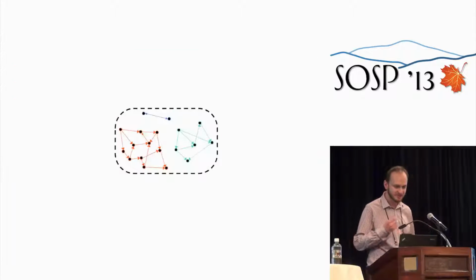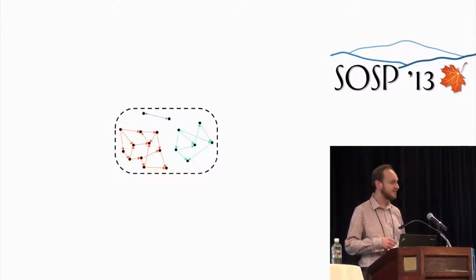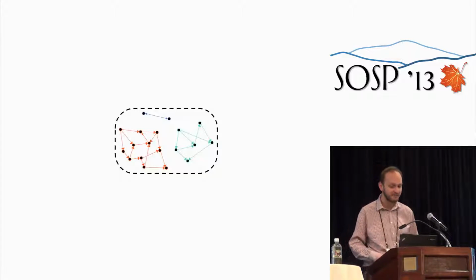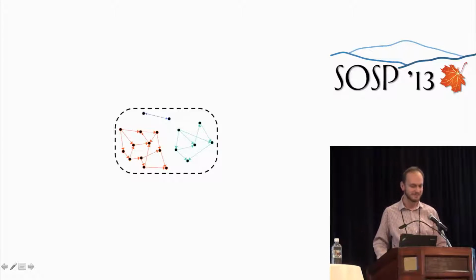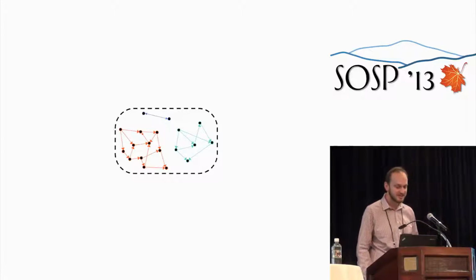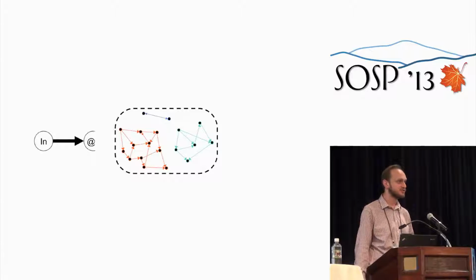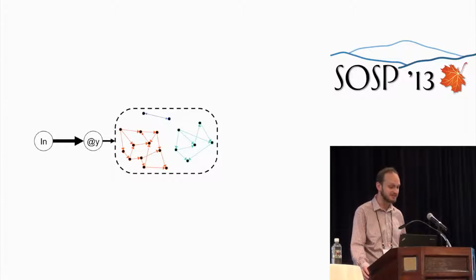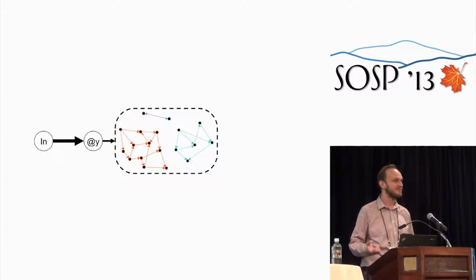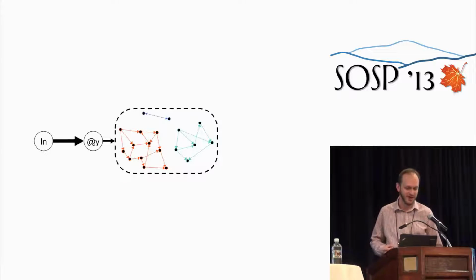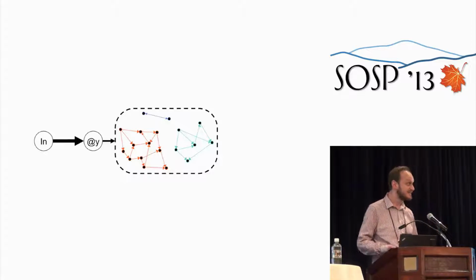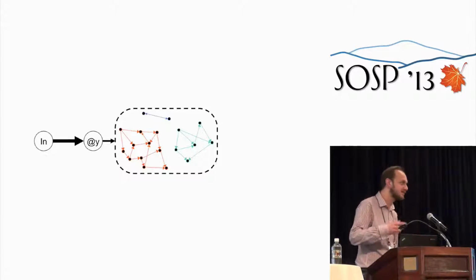To give you an example of the sort of problem we're trying to solve, let's start with an iterative graph algorithm. Let's say we want to find the connected components of a graph. You can do this efficiently in an iterative manner with Pregel or GraphLab. To make things more interesting, let's derive this graph from a corpus of Twitter messages, extracting username mentions from the text and using these to create edges in the graph to give us the mention graph. Now, doing this for a static graph is all well and good. We have to combine some ETL and some graph processing.